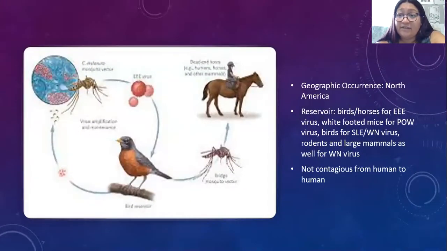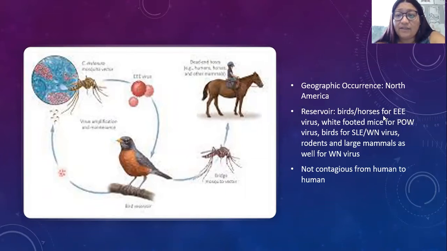The geographic occurrence of this is North America. Other encephalitis viruses are found in other countries, of course, but these ones that I'm talking about are in North America. The reservoir for these, for the